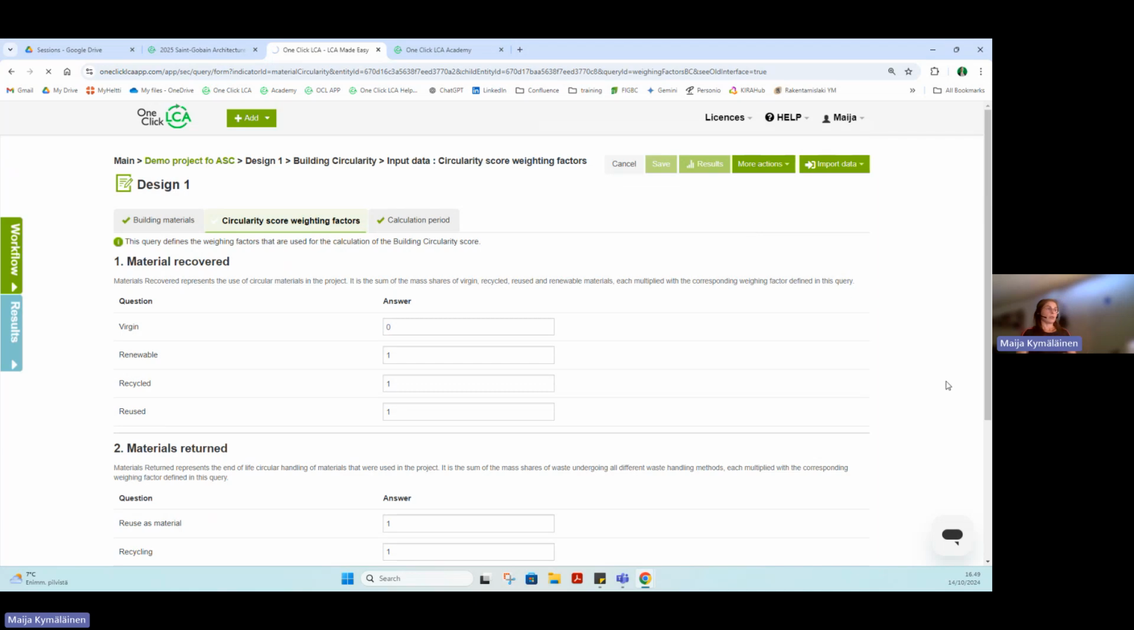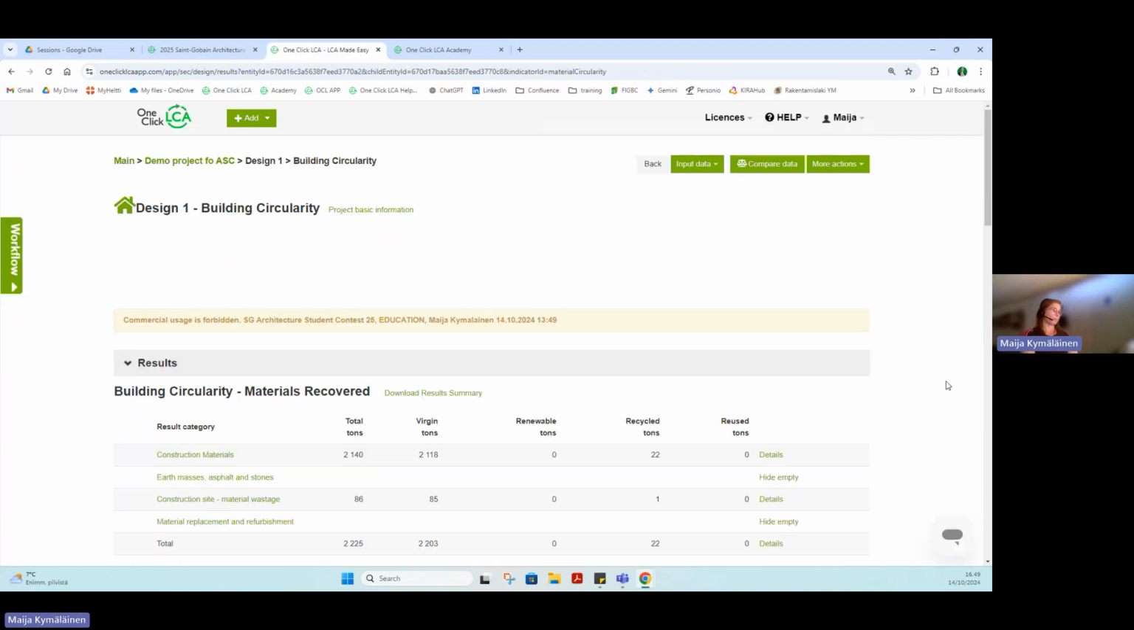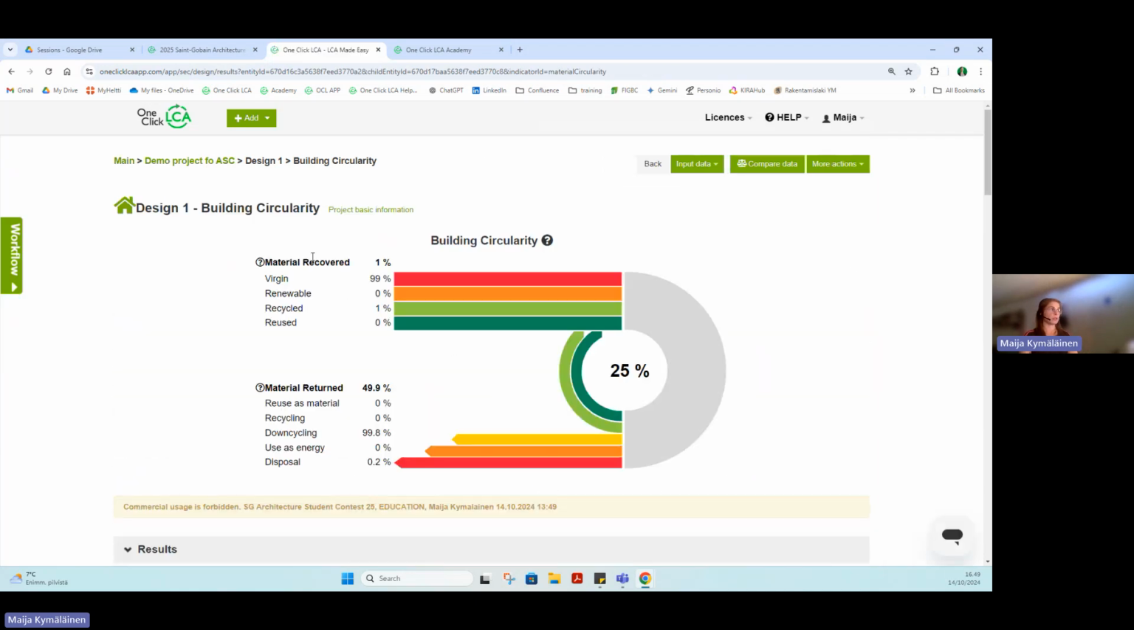And then we can check out the results. So what it gives you is basically the circularity score of your project. For us, of course, we didn't have basically any materials there, but we had reused foundations, for example, and we had walls that were designed for disassembly. We already get a bigger building circularity result than what we would without those kind